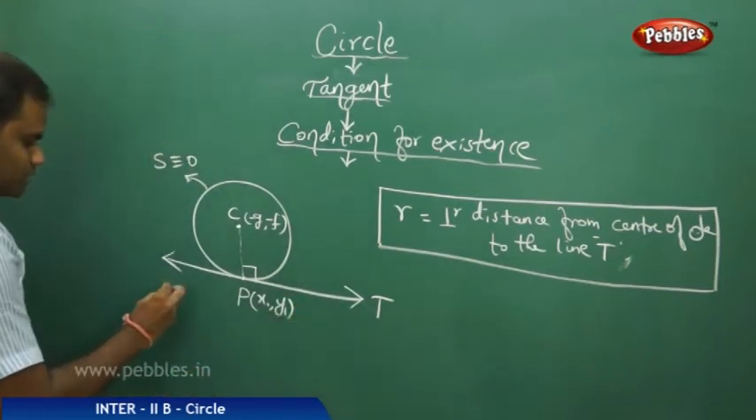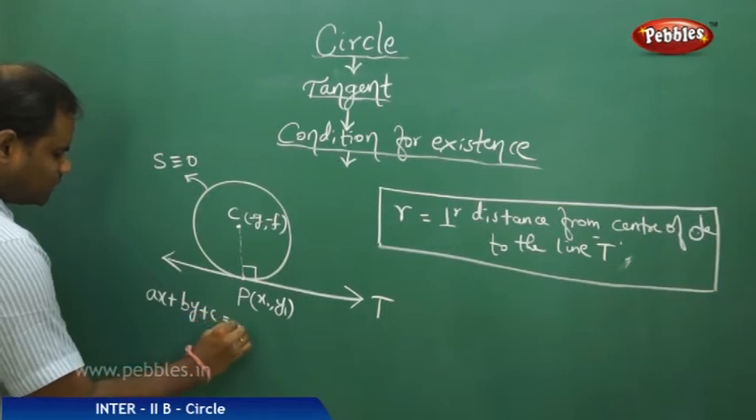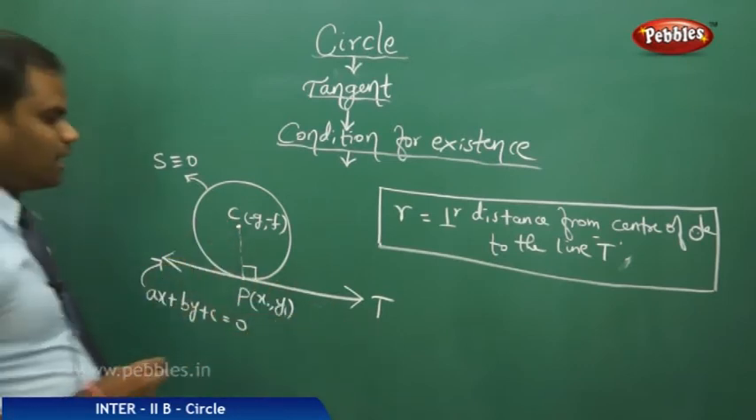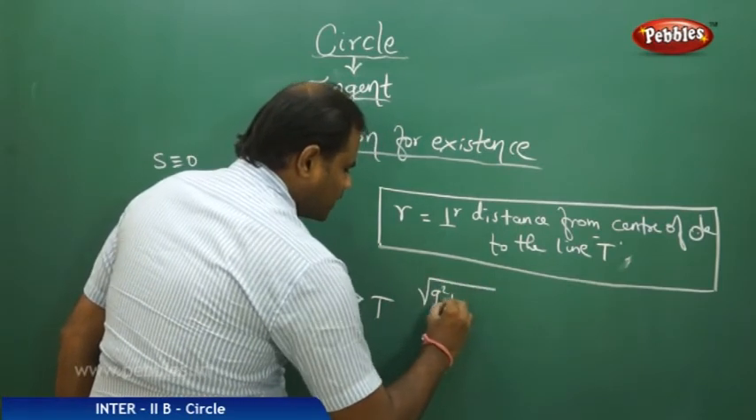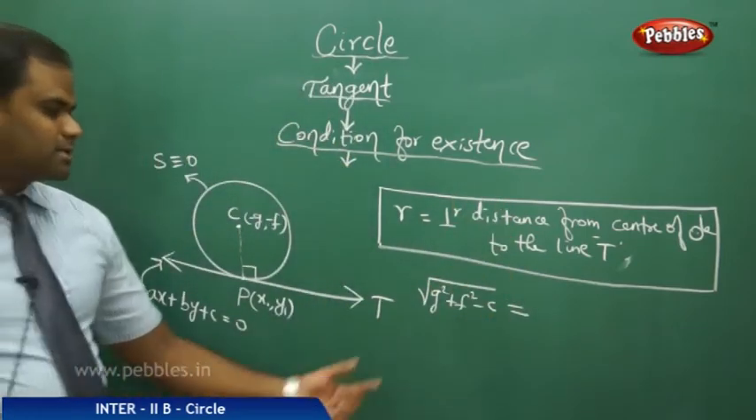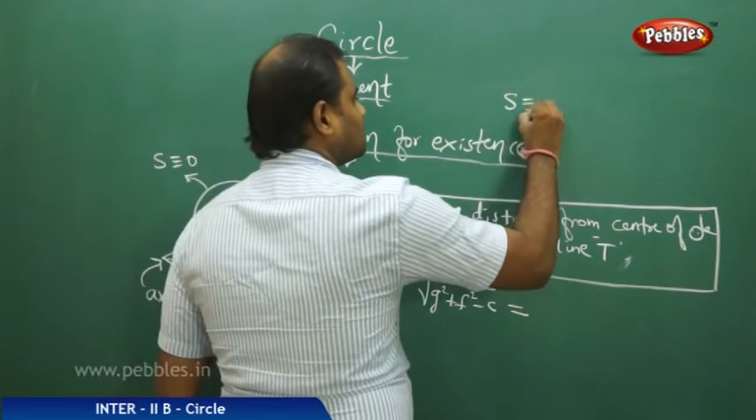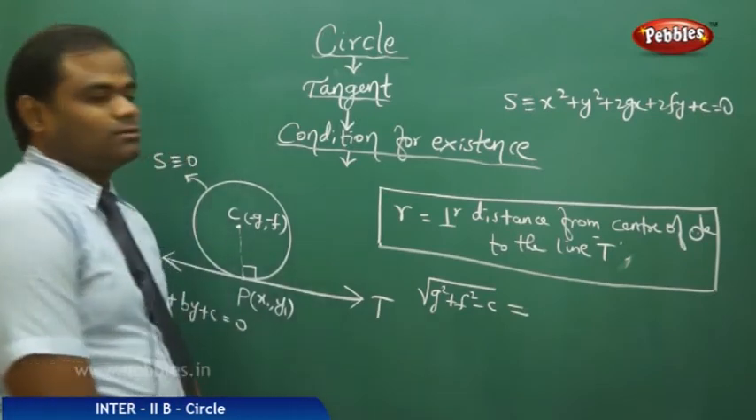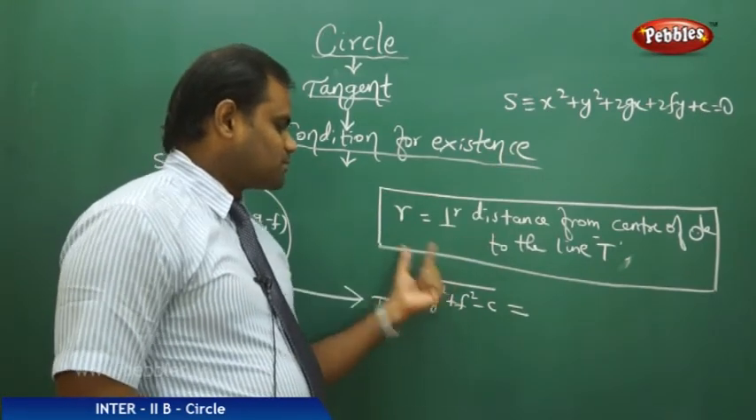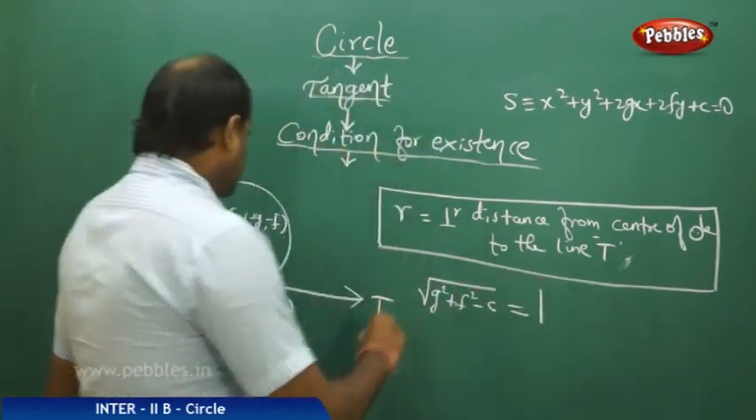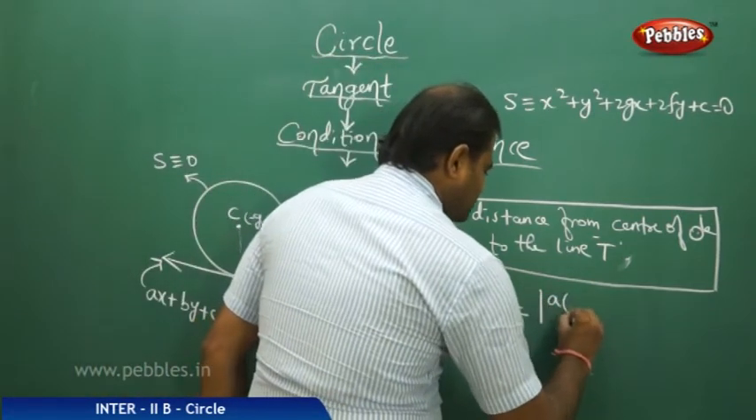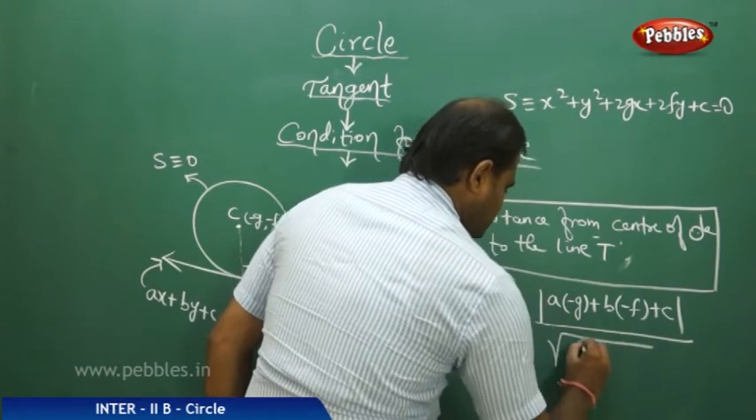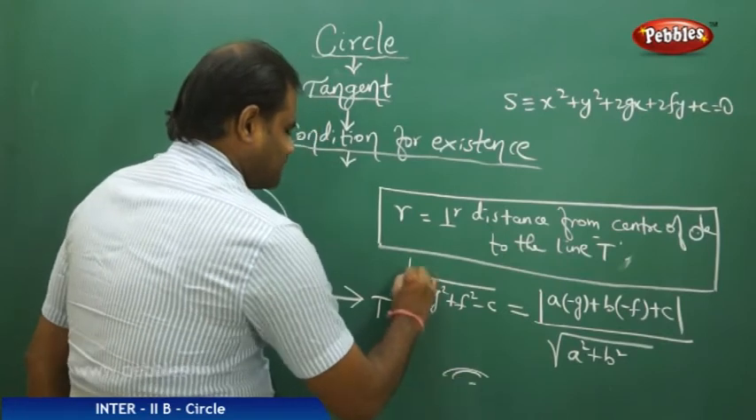Now if I take the equation of tangent in general form as ax plus by plus c equal to 0 as the general equation of line T, then I have the radius which is given by root of g squared plus f squared minus c. We all know that radius is calculated from the circle S equal to 0, where S is x squared plus y squared plus 2gx plus 2fy plus c equal to 0. Therefore, the radius for this circle is root g squared plus f squared minus c, which must be equal to the perpendicular distance from center to the line. That is mod of ax plus by plus c by root of a squared plus b squared is how I understand